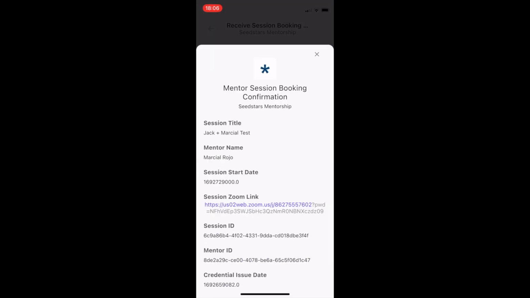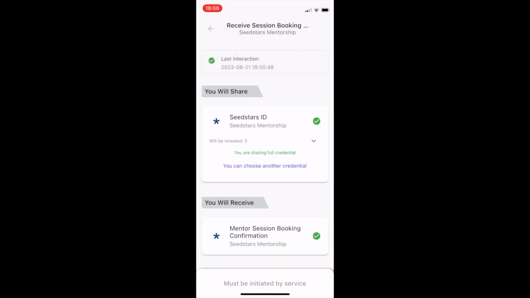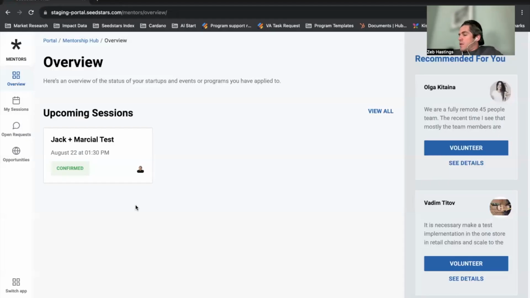And this is kind of how this whole solution works. So we are now able to have this meeting, and it's verified on the blockchain. Now, why is this important? It's important because we have